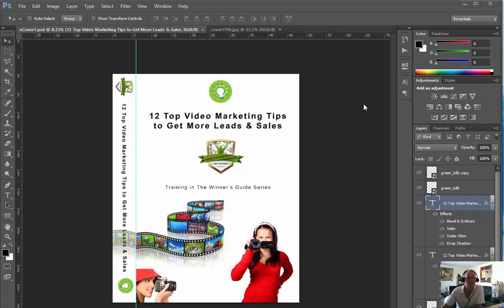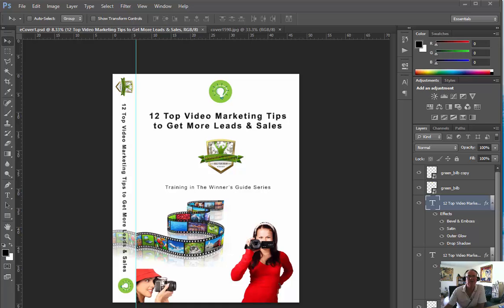So I put the book that you just saw together as a flat image in Photoshop. By the way, you can get from Adobe a free version of Photoshop these days, or you can rent Photoshop on a monthly basis. So whichever way you choose, get yourself any version of Photoshop, and the old free version is fine. Create this image so that you're more or less happy with it,